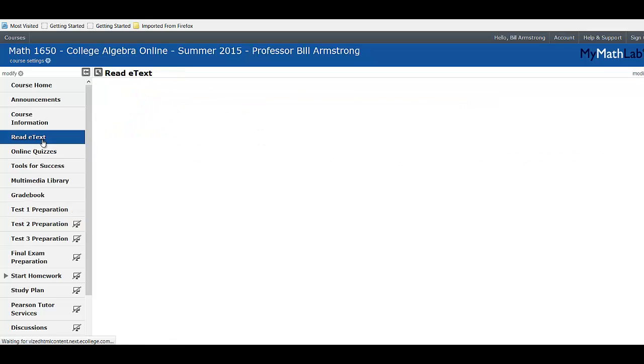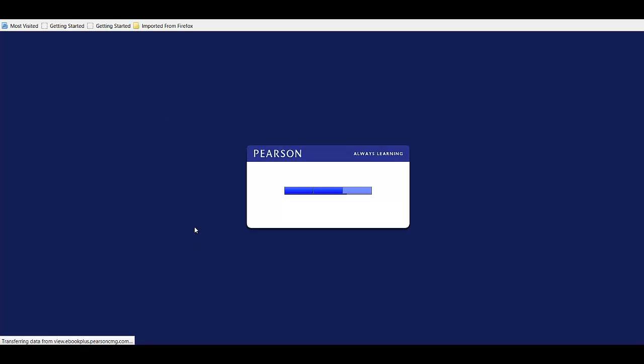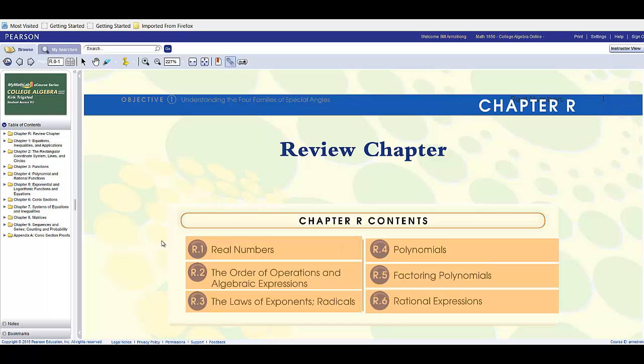Let's go look at the EText now. On your EText, you click on that tab, you click on view the EText. It's going to open a new window. And again, I really like this EText. It takes a little bit of time here to open up. And let's go,